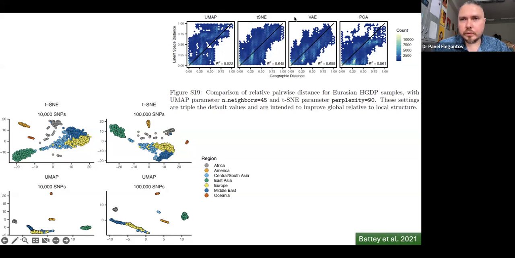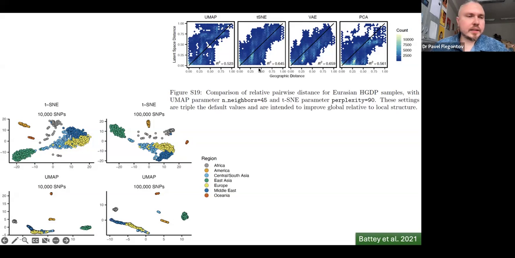They compare four methods: PCA, variational autoencoders, t-SNE, and UMAP, which are also machine learning techniques as far as I know. They compare the correlation of geographic and latent space distances